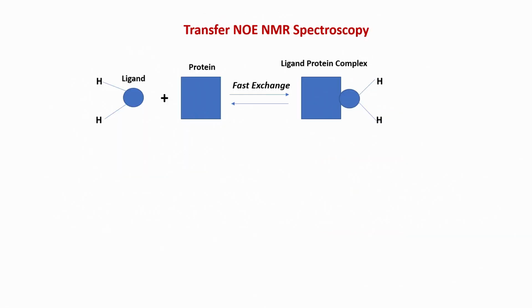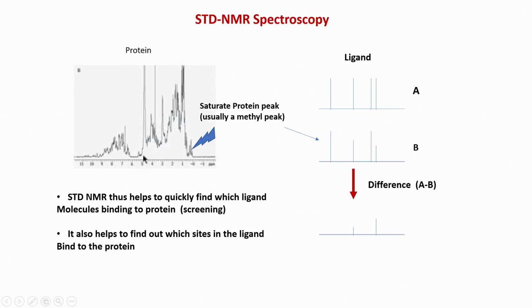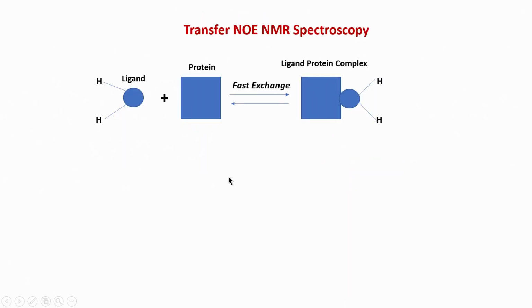We will look at another technique which is closely related to STD-NMR. This will be the last part of this course, where we look at how NMR can be used for weak interactions. Again, remember the strength of NMR is weak interactions. So, we are essentially able to study weak interactions, which normally you will not be able to study with any other technique. So, again let us consider a case of weak interaction, weak binding.